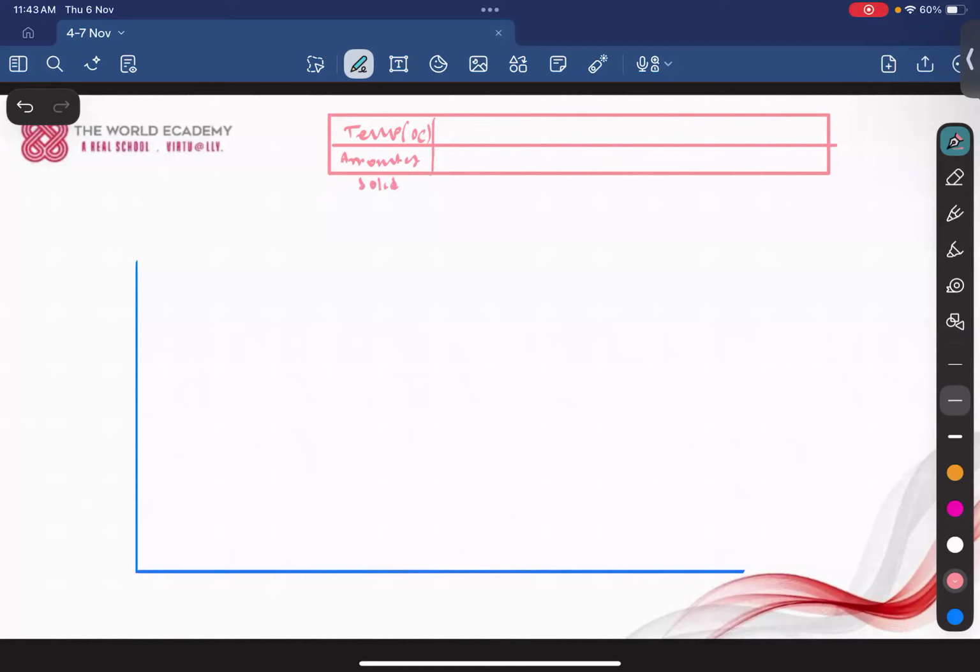dissolved. Here the temperature is 20. The amount of solid is 10. Here it is 40. The amount is 13. Here this is 60. The amount is 16. Now this is 80. The amount is 20. This is the last reading. So temperature we have plotted in this part, and here the amount of solid. So I'm just writing amount